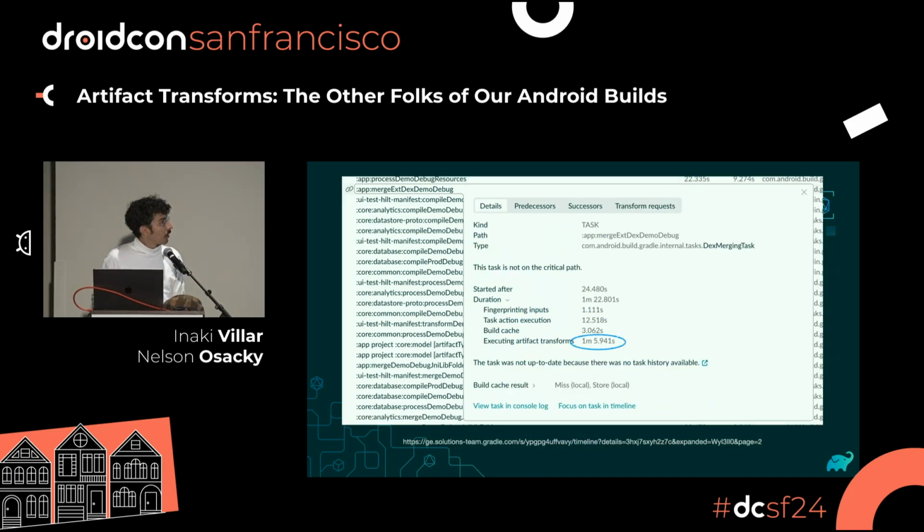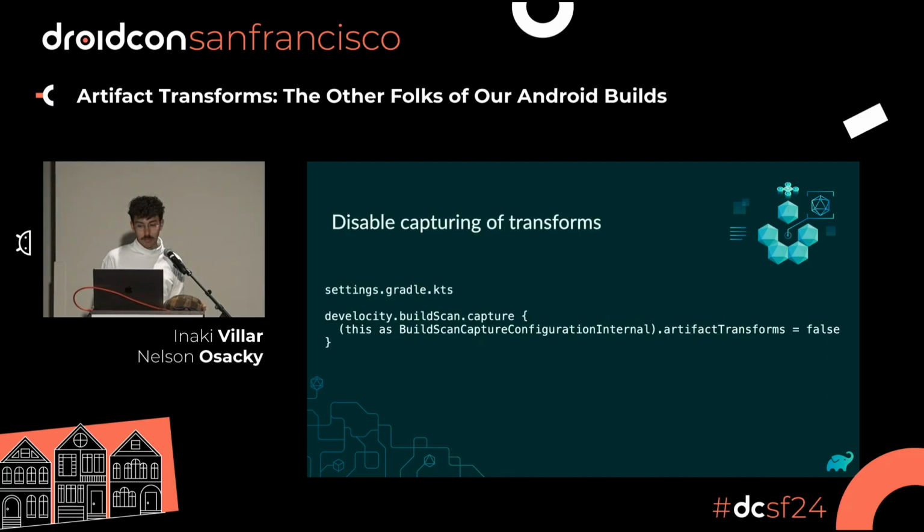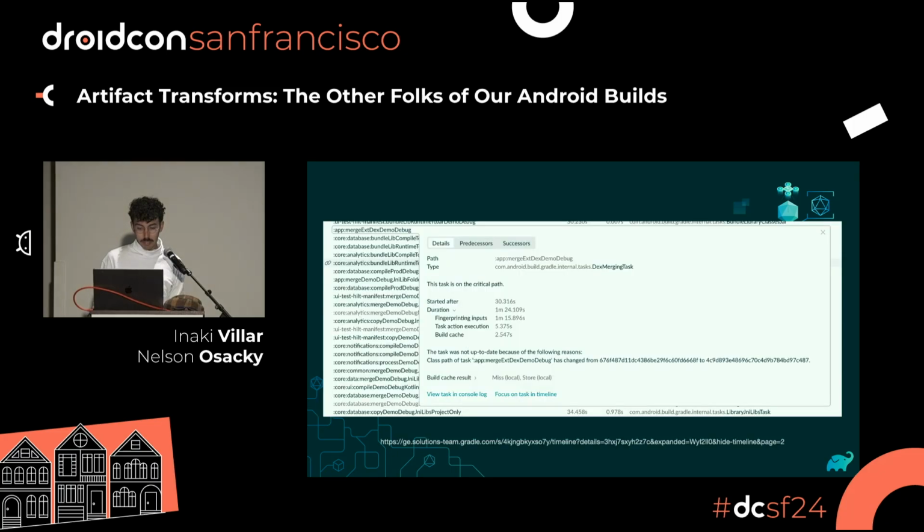Yeah, but what did this look like before transforms were captured in the build scan? You can do a quick experiment. There's actually a secret flag to disable capturing of artifact transforms that you can set in your settings.gradle file. You can remove the artifact transform cache with this command, and then you can rerun the same build with the